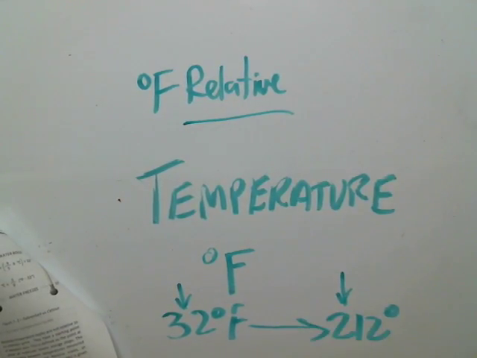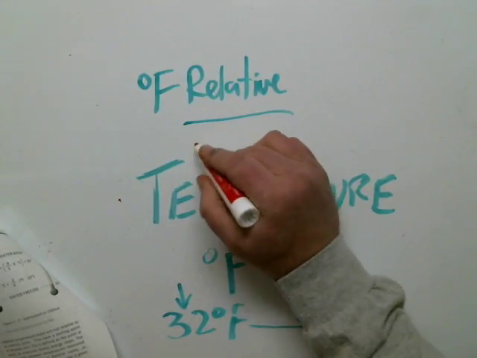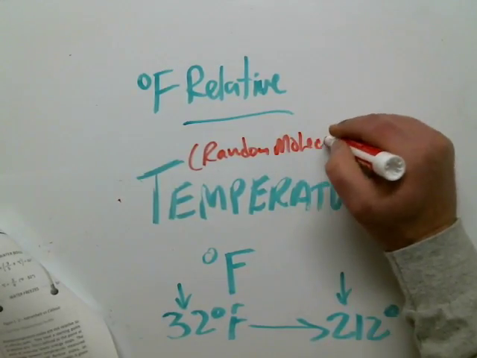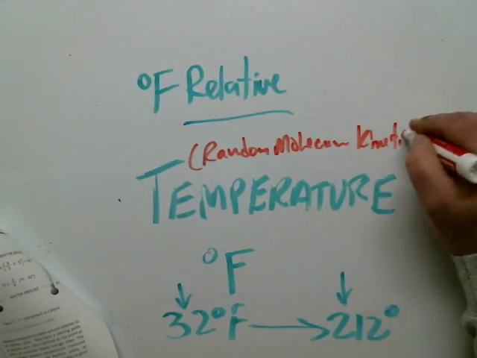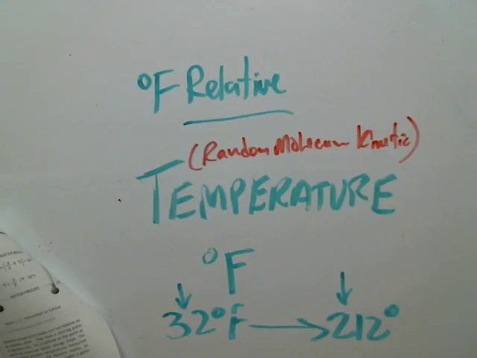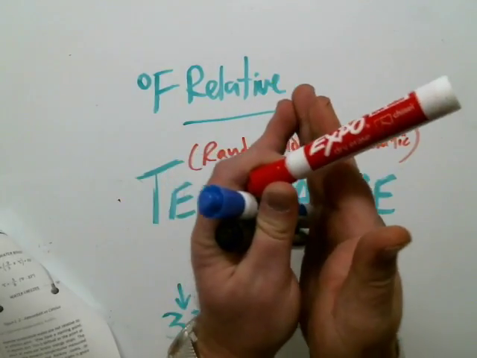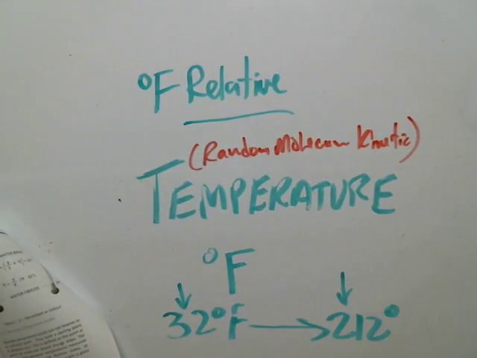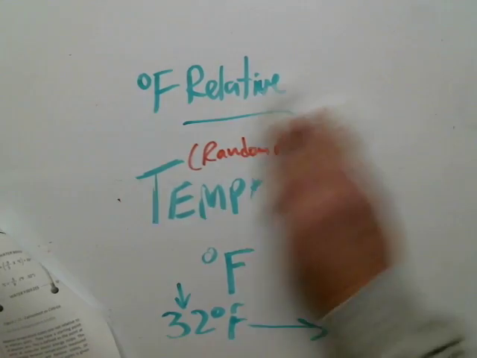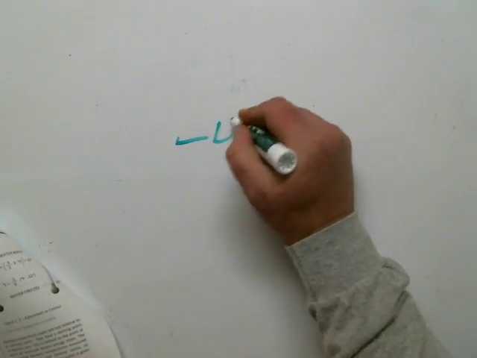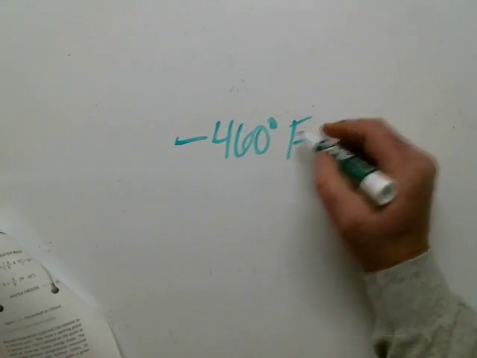See, temperature is a measure of the random molecular kinetic energy of a substance. Random molecular kinetic energy. So when you rub your hands together and cause friction, if your hands get hot, you're increasing the molecular kinetic energy. Well, this is a relative scale. When does all of that kinetic energy stop? That would be absolute zero. And we find out that it occurs at minus 460 degrees Fahrenheit, is known as